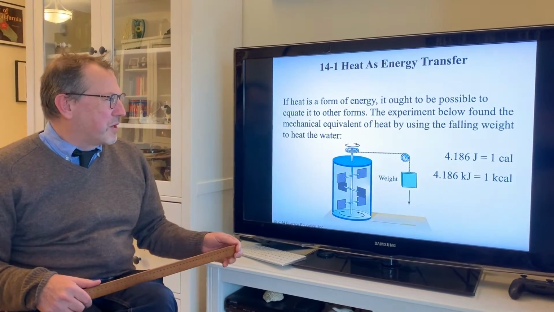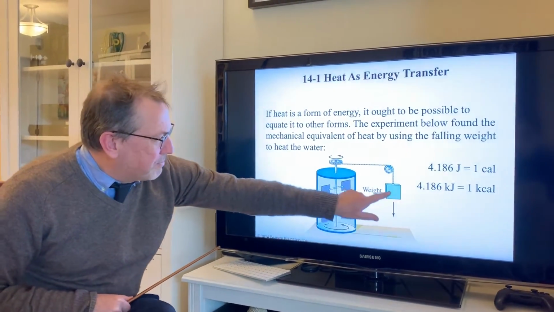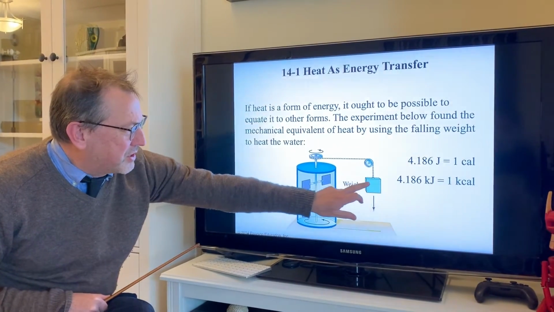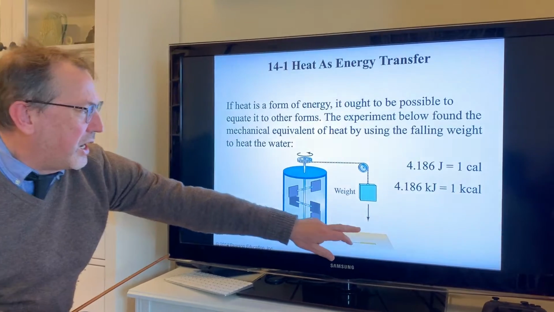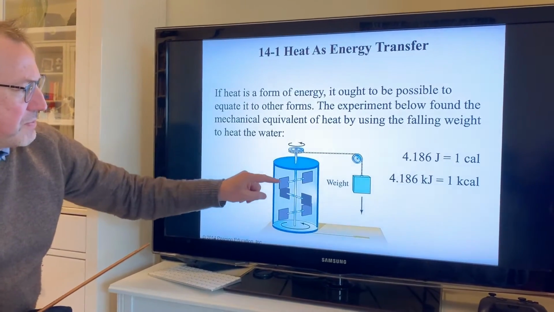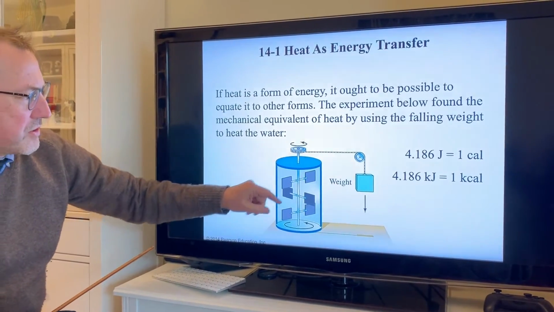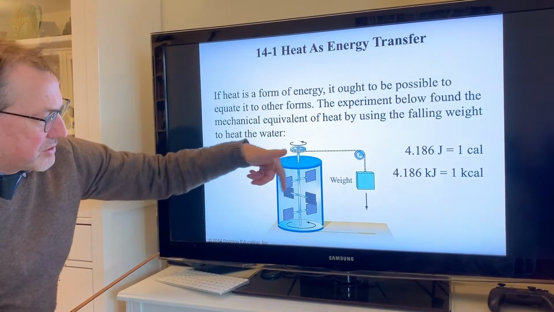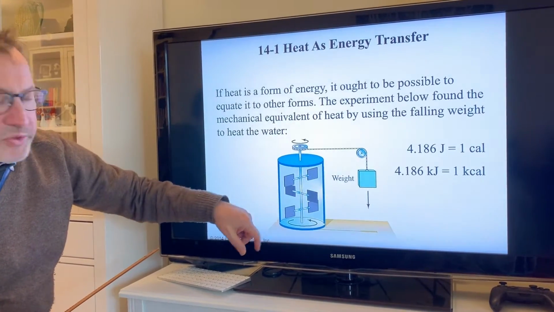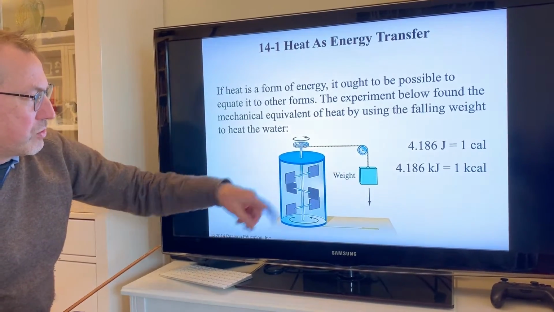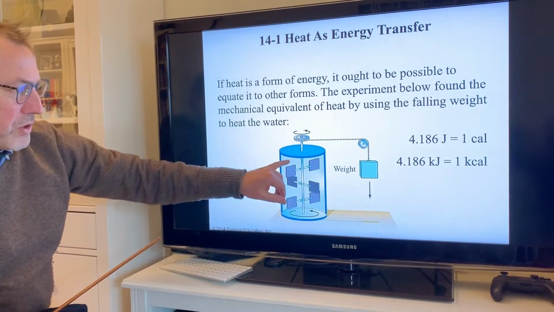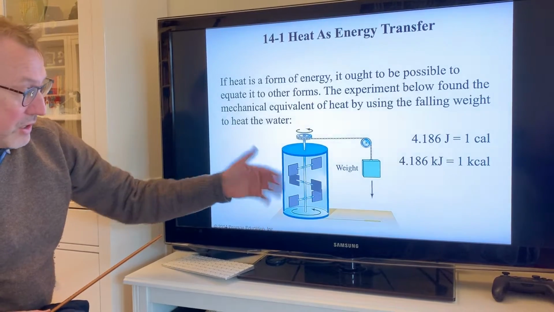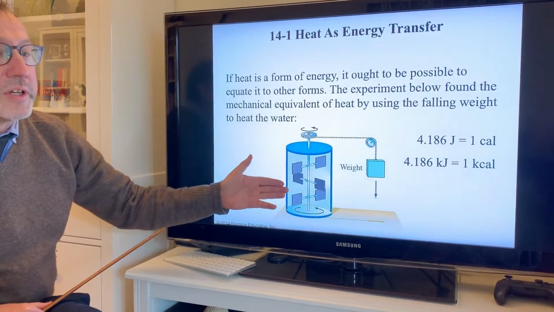And in Joule's experiment, he had a falling mass. And you can imagine that this mass is losing potential energy. We know it's mgh. And as the mass falls, it turned these paddles in water. So the mass fell slowly because it was having to turn these paddles around in the water. And Joule dropped this weight from a certain height. He measured the temperature before it dropped, the temperature after it dropped, and found that it heated up. And he said, aha,